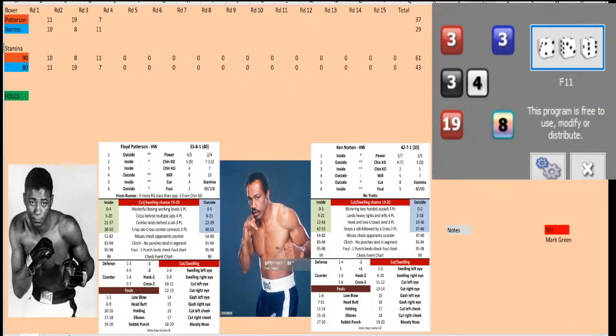Very close round. So this fight, so far I see it, after that round, both fighters fighting evenly. If this were to end after just 3 rounds, I would see this as a draw, as this has been a very tightly contested fight. Both fighters fighting aggressively and taking it to their opponent. At this point in the bout, we have stamina of 61 for Patterson and 43 for Ken Norton, both doing very well so far. As we go to round number 4,